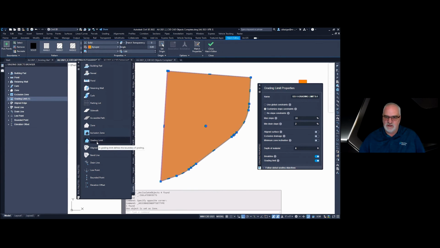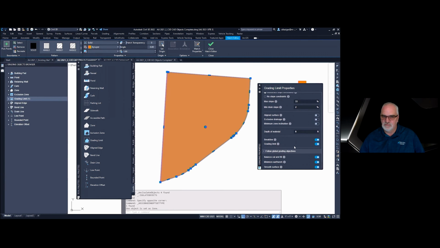By selecting the grading limits, all this really is a zone, but it's already predefined for customized constraints and whether to align the surface for certain things, whether it's going to be exclusive drainage, min zone inclination, things like that, material depth. So it's already set to be defined as a grading limit, so that it knows.